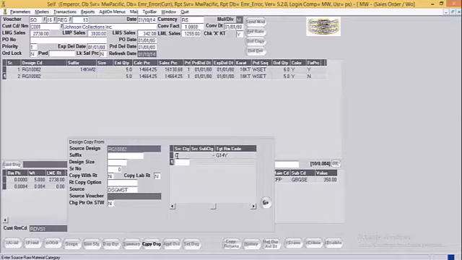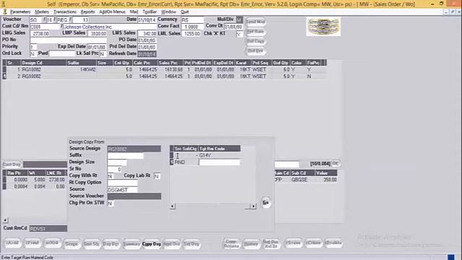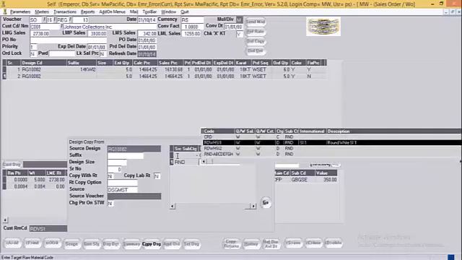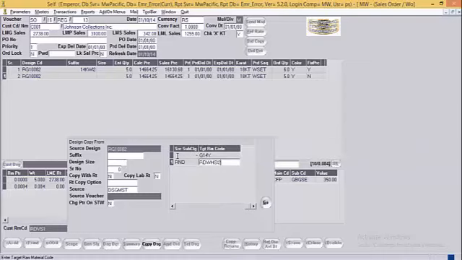Same way, user can replace the quality of diamond also. For example, the design master has a round diamond of SI1 quality, whereas customer wants it in SI2 quality.